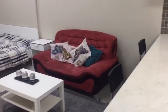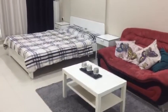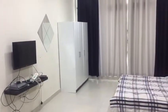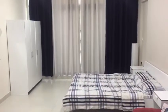And this is the sofa and bed. This is all furnished by IKEA, and you can see this is the LCD, the shoe box, and the cabinet for clothes, and there is a balcony. It's the same as a hotel apartment,